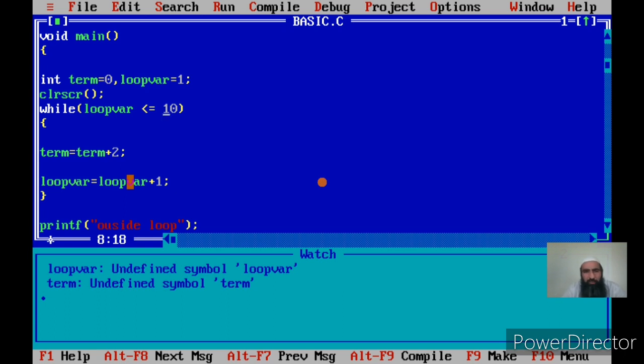Now instead of using a constant here, we can use a variable also, but I will show that in the next class on loops. But I think I have made loops clear, especially the while loop. In a while loop, the condition is checked at the top, and since the condition is checked at the top, such loops are called top tested loops or entry controlled loops. There are also loops where the condition is checked at the bottom, after the body of the loop. Such loops are called exit controlled loops, post tested loops or bottom tested loops.